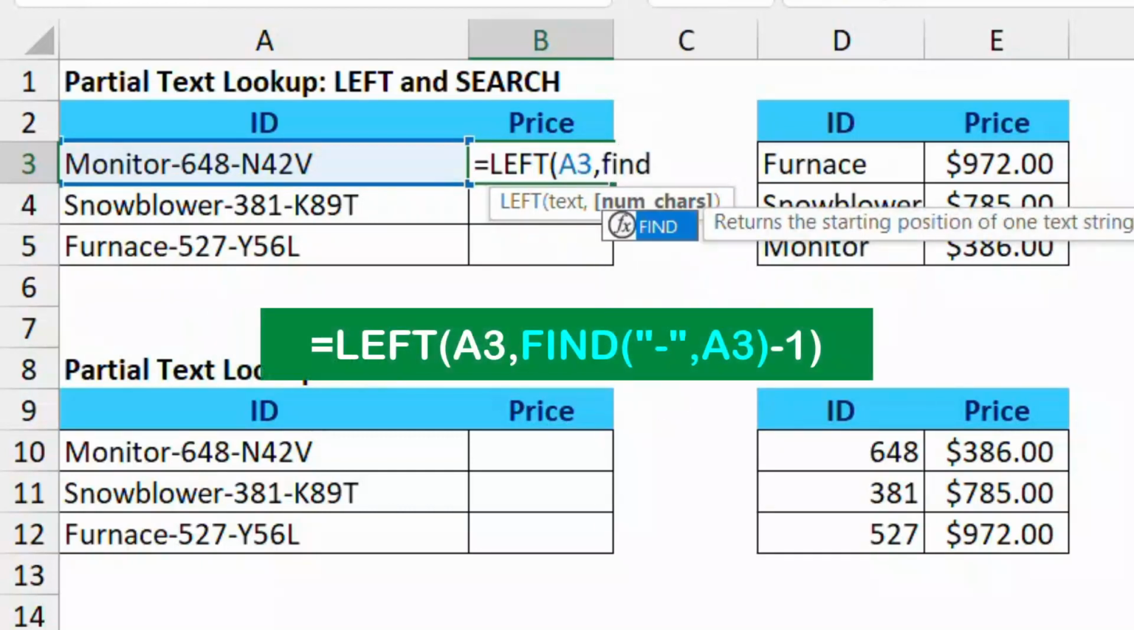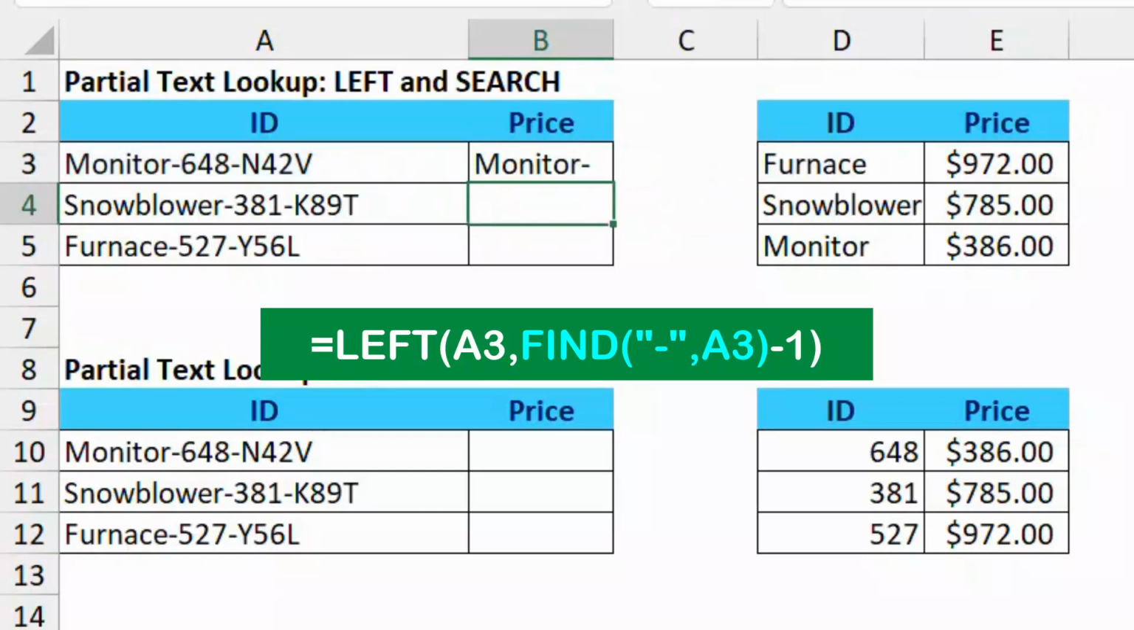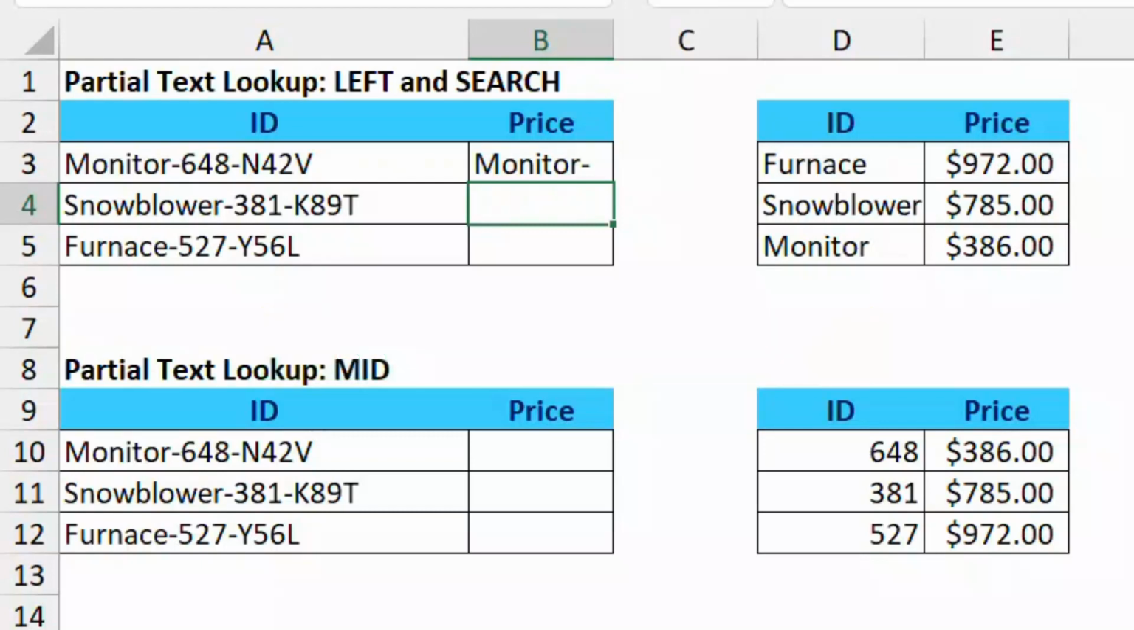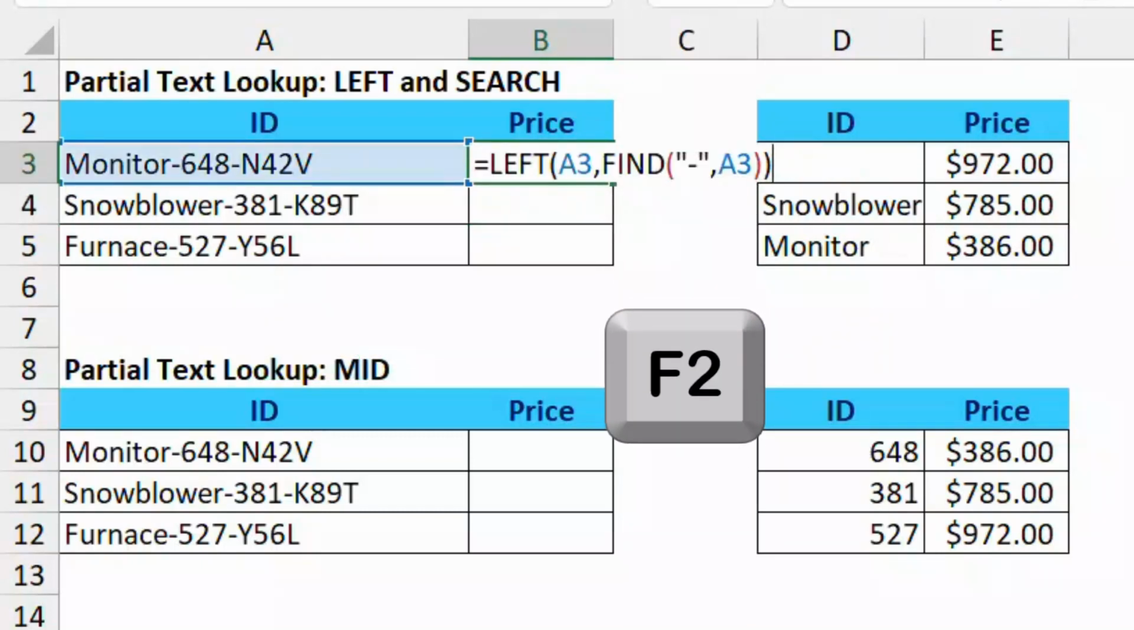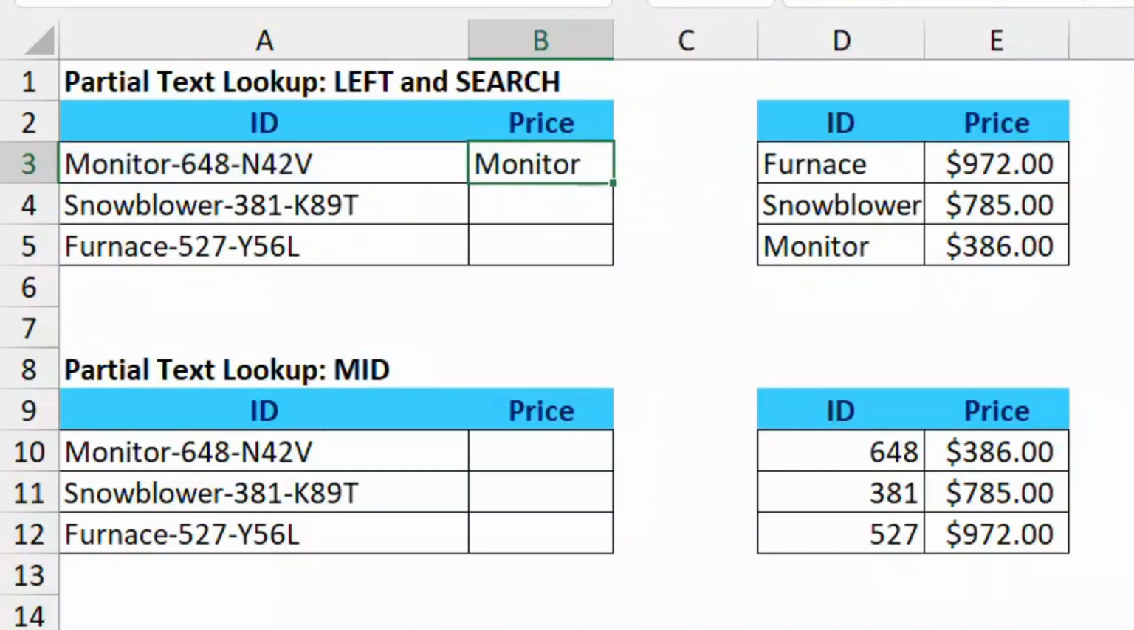I type FIND, and then I hit tab. What do you want to find? I type a dash in double quotation, double quote, dash, double quote, and then I type a comma. Where do you look for this dash? I look for it in this cell A3. I close the bracket, and then I close the bracket for the LEFT function. When I hit enter, look at this, it's extracting more than what I need. I don't want the dash itself. Then I put my function in the edit mode F2, and before the last closing bracket, I type -1. When I hit enter, I was able to extract the subset of the text that I'll be using as a